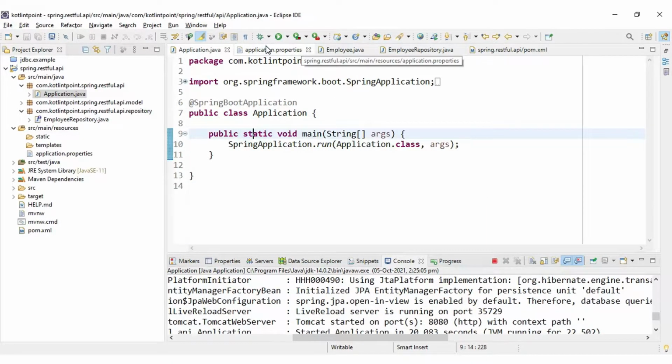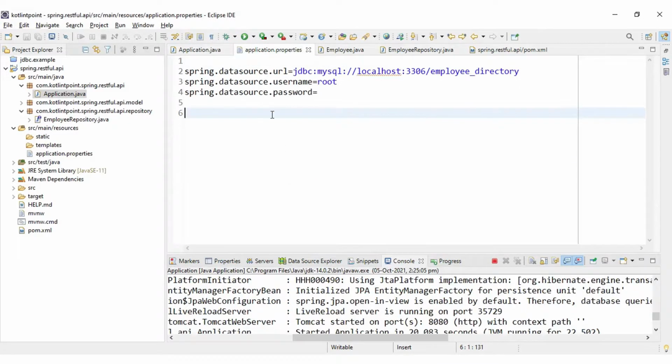If you want to change the configuration, right, then application.properties is there, and you can also search on the internet for Spring properties for RESTful API. You will get other configuration options, like if you want to modify the records per page, then you can modify this in application.properties. So with this video we are ending our content, right?